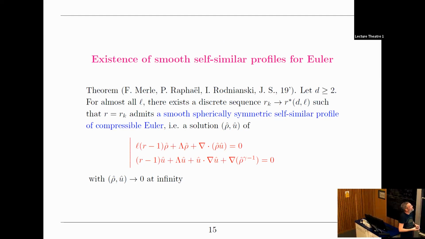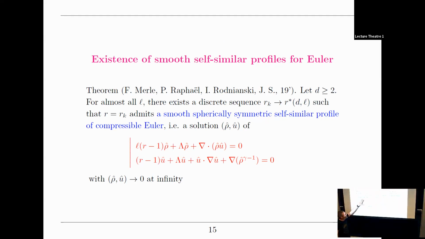So here I rewrote the equation of self-similar profiles for Euler. I think we saw it in the talk of Igor. In any case, if we didn't see them, trust me that this is what you're looking for. You rescale, you go to self-similar variables, you look for a stationary solution in the self-similar variables, and this is the equation you're trying to solve. Here, unlike what we will discuss for NLS, this is not an elliptic problem, rather it looks like a nonlinear transport.